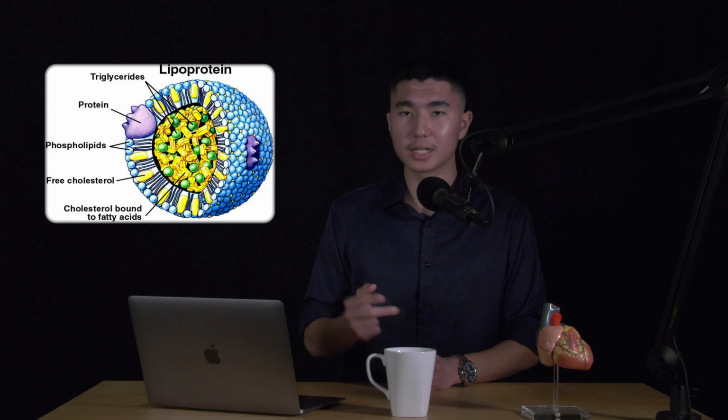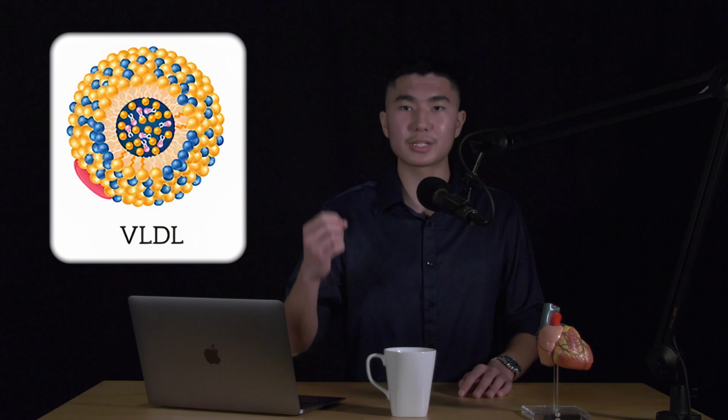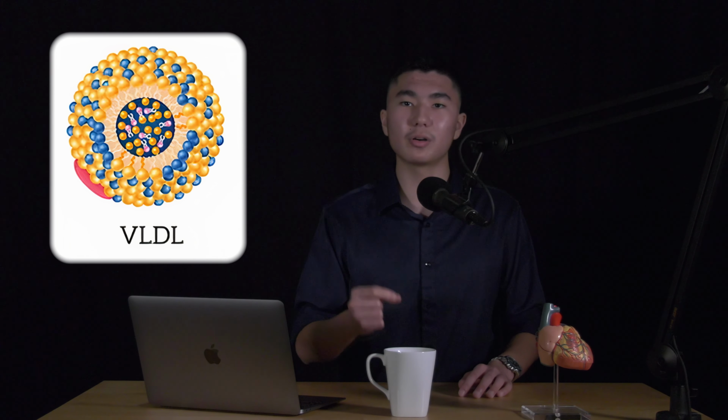Lipoproteins consist of proteins, cholesterol, triglycerides, and the membrane around them usually consists of phospholipids. Now, there are 4 types of lipoproteins. The first one is a chylomicron, and this is the largest lipoprotein, but it's the least dense. The second one is very low density lipoprotein, or VLDL, and this transports endogenously produced triglycerides and cholesterol from the